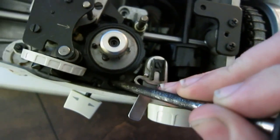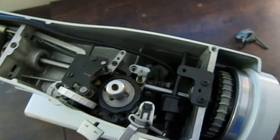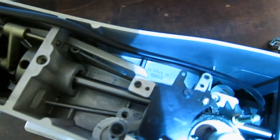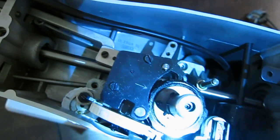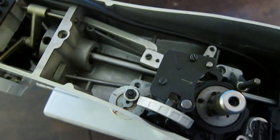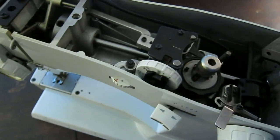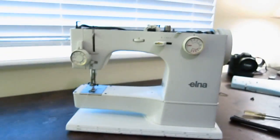So if I have a light, I don't have a, oh, I do have a flashlight here. So it's right in there. So you're going to drop it in, pull that out. I already removed it because that one was a little bit more difficult to access, so I didn't want to